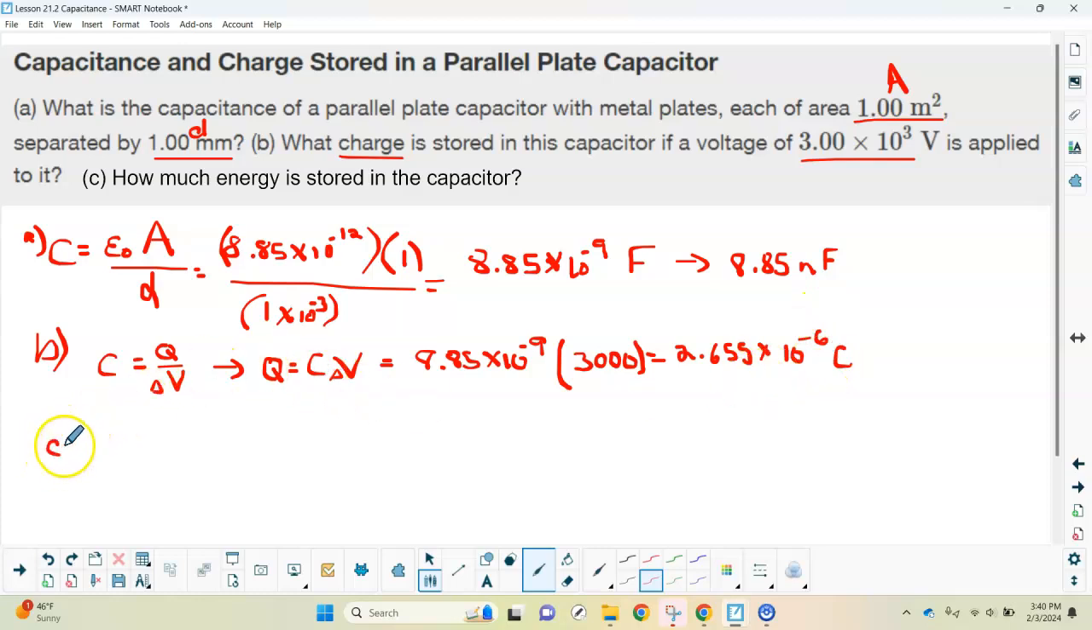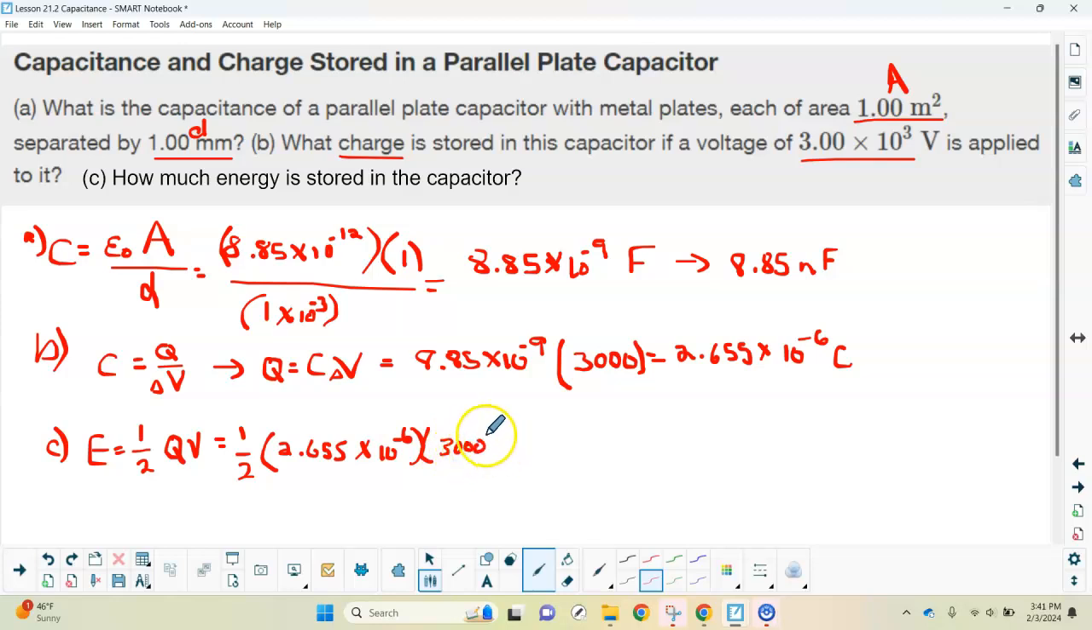For part C, I asked how much energy was stored here. So energy in a capacitor is 1/2 QV. So we know Q, we know V, so we just have to plug into those two things and then divide by 2. So it'd be 1/2. Q is our value that we just got for that answer, so 2.655 times 10 to the negative sixth, and then we're going to multiply that by 3,000 volts, and you should get a pretty small number, 0.004